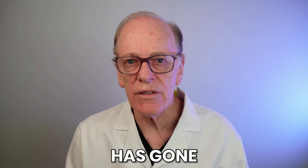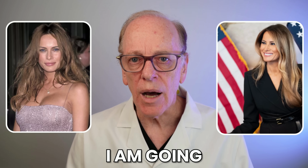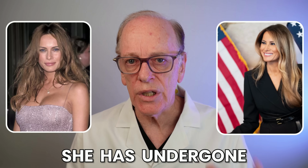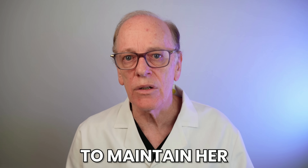Melania Trump has gone from her role as a beautiful model to First Lady. I'm going to explore with you whether she has undergone any cosmetic procedures to enable her to maintain her beautiful appearance. Here we see a photograph of Melania at the age of 17 in her home country of Slovenia when